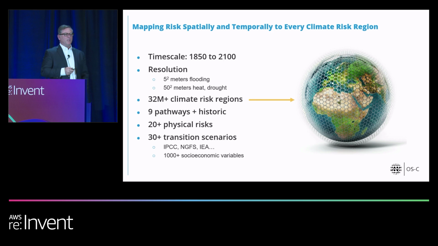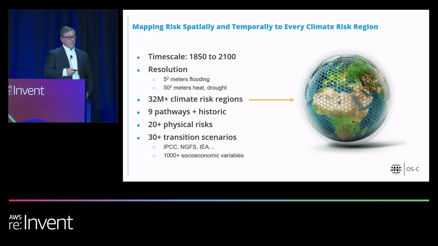But this data public utility is making all of this data accessible via API to the world, to regulators, to policymakers, to insurance companies, to anybody that wants to take it, free and open from OS Climate, to try and understand risks and to calculate the overall impacts that they can have, so you can create mitigation strategies. To do this,